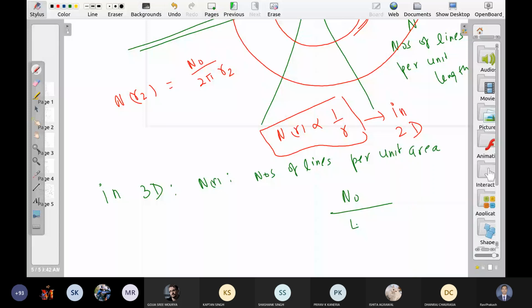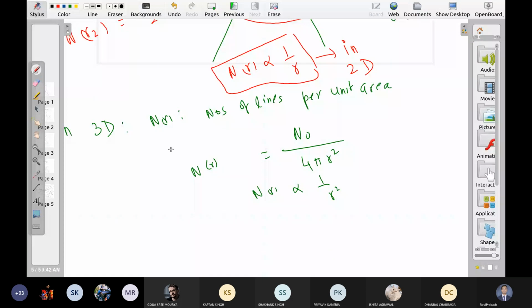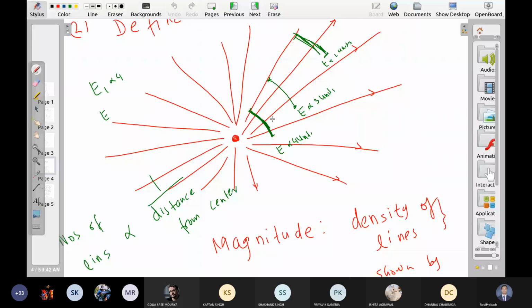By the way, electric field is also, if I show electric field by the same convention, it is also 1 by r square. It means what? ये जो diagram आप बना रहे हैं, that is valid when you make a 3D diagram. जो आप 2D बना रहे हैं, that is not the right approach. But for convenience only, we usually draw a 2D diagram, although it is not correct.